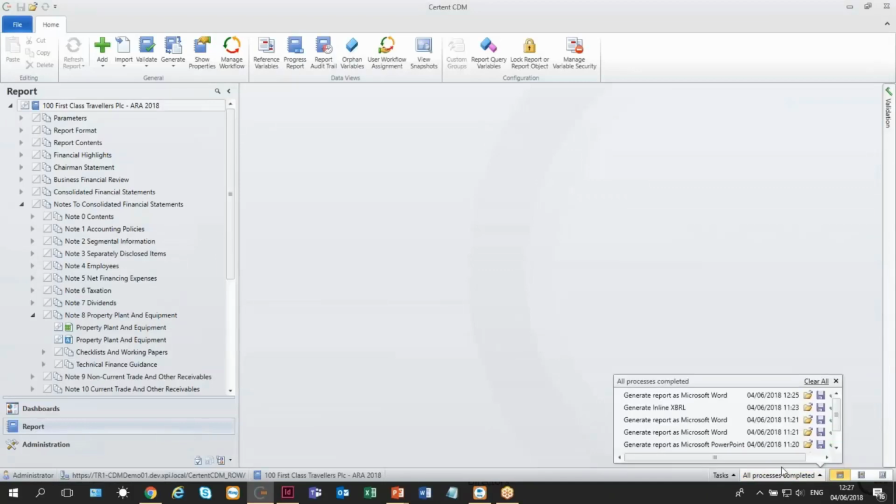I mentioned the fact that we can generate inline XBRL. Now, the solution allows you to tag your report once and then roll it forward. We call this tag once functionality. So you're only amending XBRL tagging on an exception basis in future years. If we have a look at some of the output here,